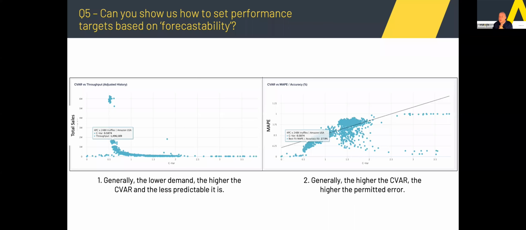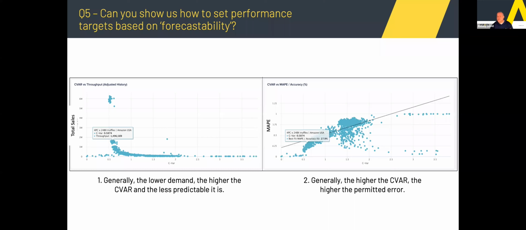So in Anaplan, we measure what the forecast is versus the statistical forecast versus the pure demand plan forecast and this kind of thing. But applying analytics to this problem, one thing we can do is here, this is a screenshot from Anaplan. On the left, I have the coefficient of variability plotted against total sales. And what you'll see is generally the higher my sales are in terms of volume, the less variable the demand is. And as I go down the tail and I have lower and lower volumes, generally the variability of that demand increases. That's just a pretty much trend.